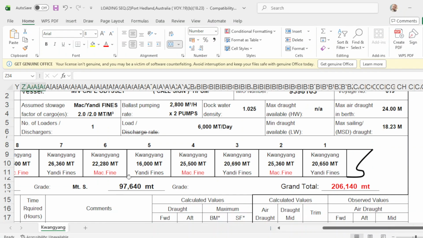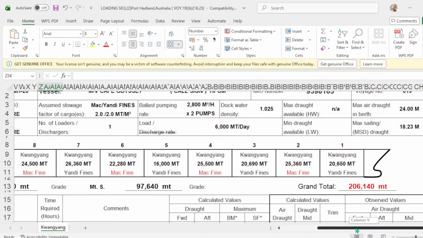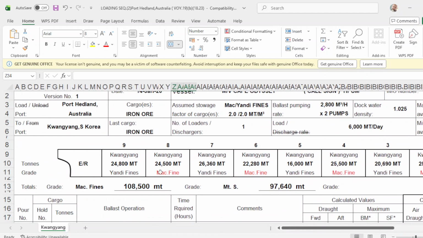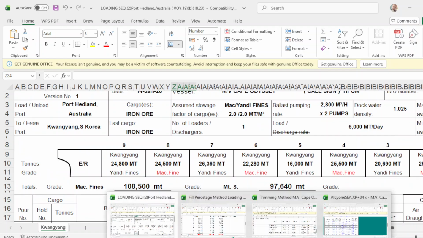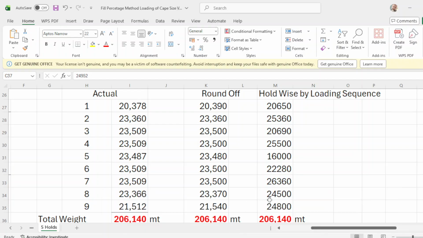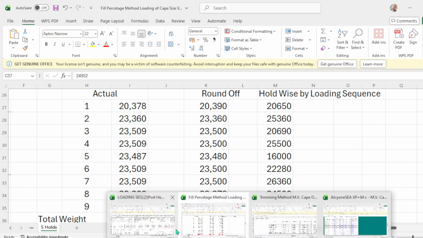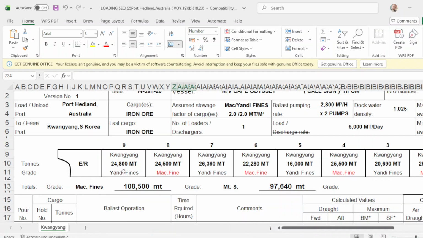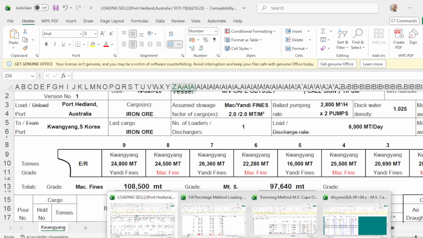Number 8 is 24500. And number 9 is 24800.